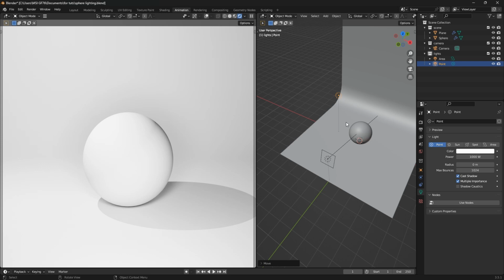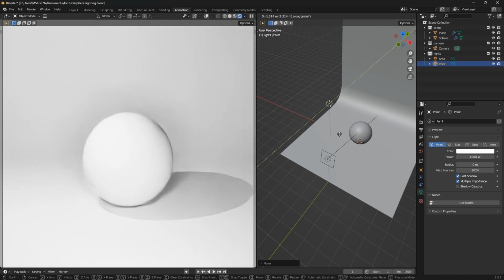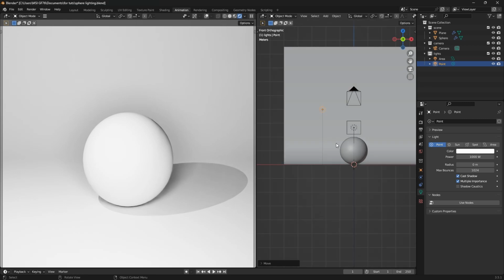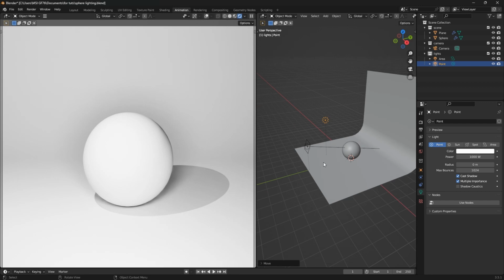So what you're going to do is move it to this space, and then move it backward, move it here again, move it upward, and here we have something decent. You can see we are beginning to create a sense of depth in our scene. You can begin to identify the difference between your background and your shadow, and